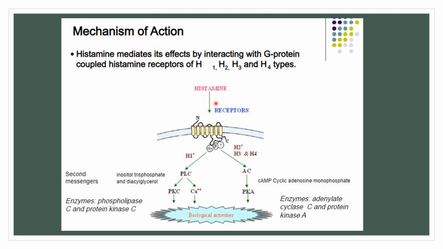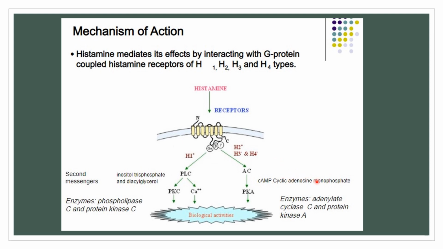The histamine will produce its effects by utilizing different types of G proteins, as well as different types of second messengers. We also have the IP3 or the inositol triphosphate and the diacylglycerol, as well as the cAMP or the cyclic AMP